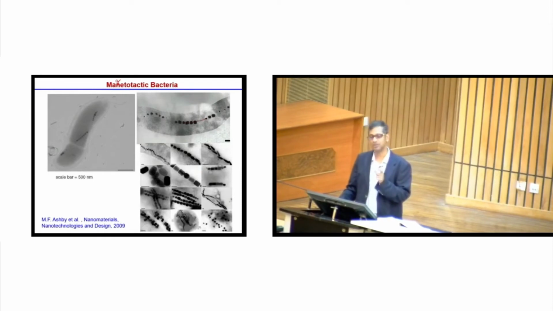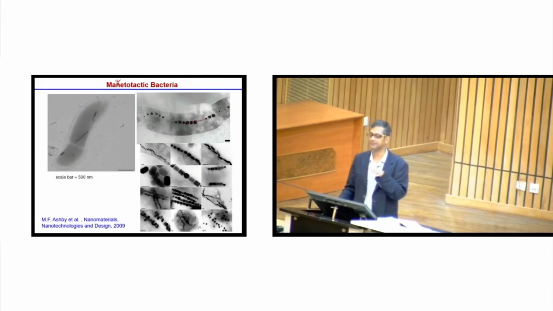They align themselves, or interact, with the earth's magnetic field. So now you understand how important the earth's magnetic field is. It is pretty weak. We cannot feel it, but these bacteria can feel it. Looking at the earth's magnetic field, they can align themselves. Why? Because these nanometric-size particles are single domains, single crystals of ferritic nanocrystals. So each one has a very high magnetic moment. Because of that, even though the earth's magnetic field is small, they can still